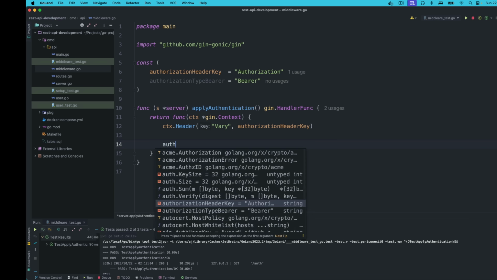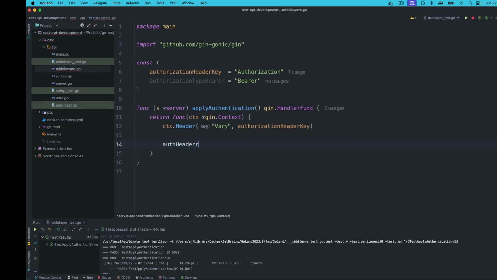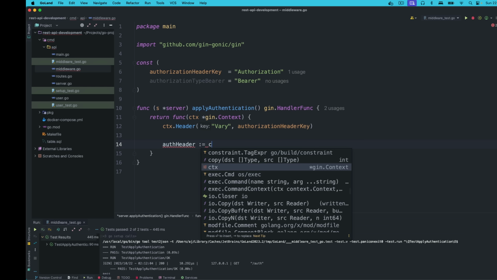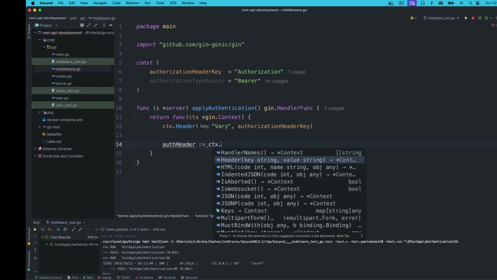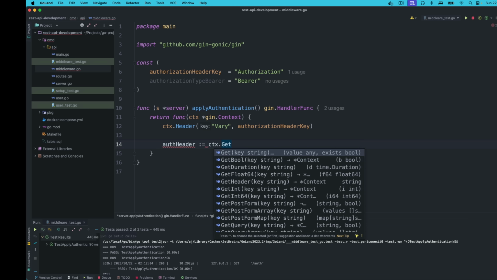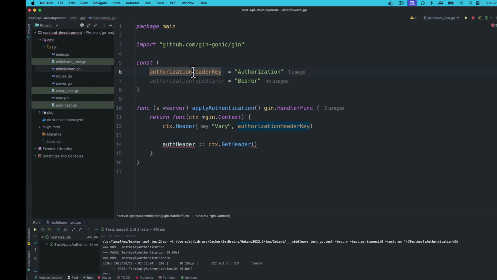Auth header is safe. And this is c.GetHeader. We are going to get this header. This is our first validation, if it's empty,